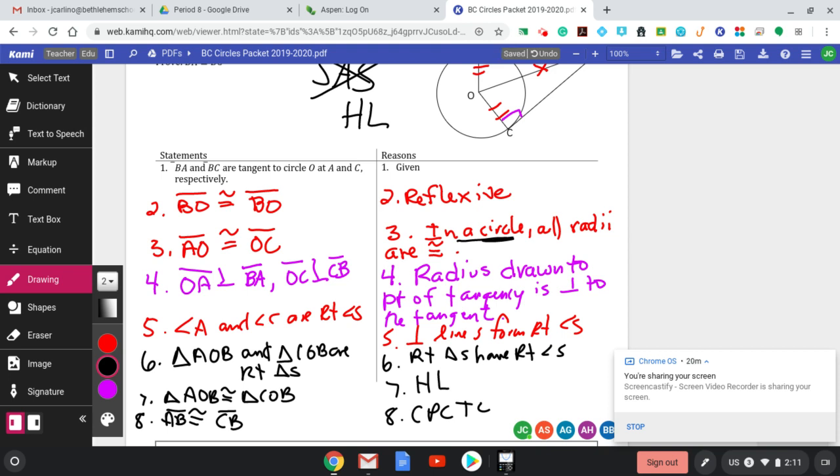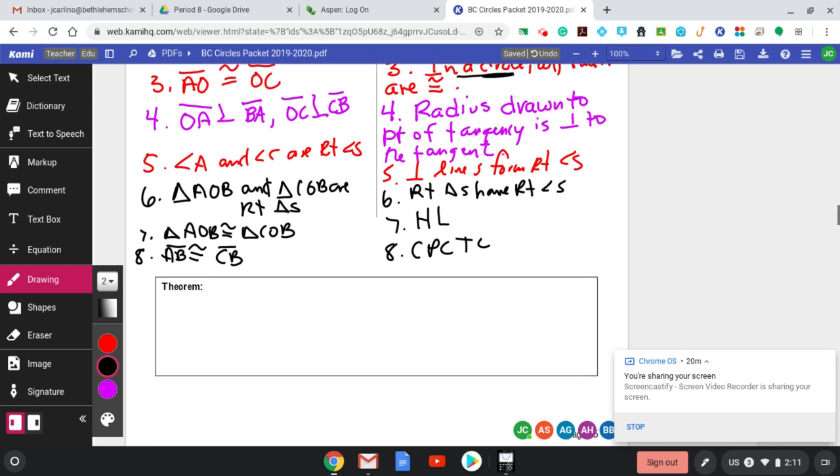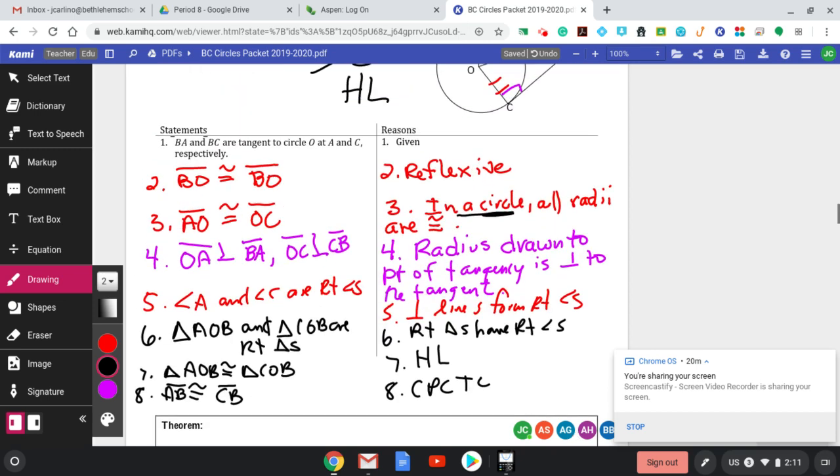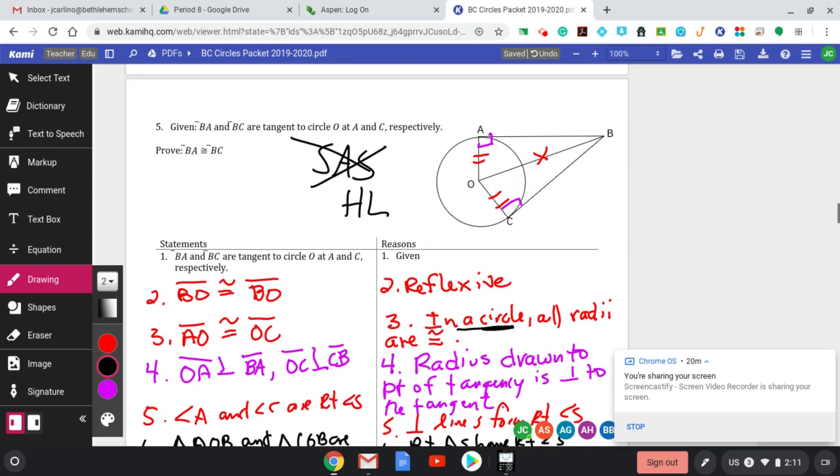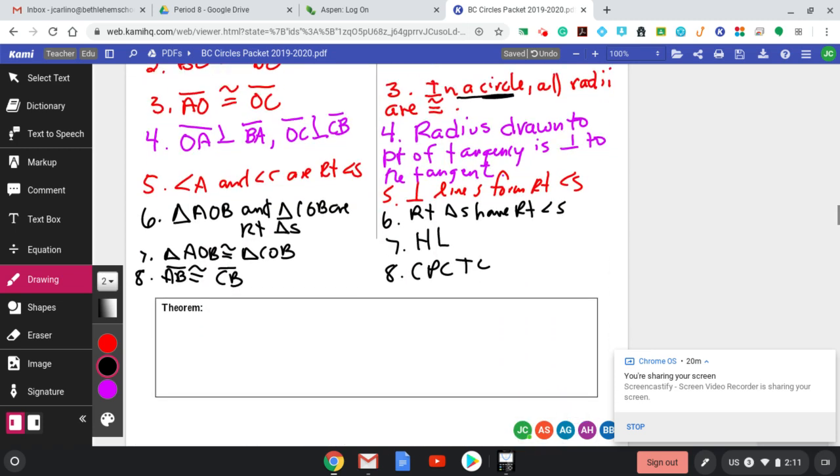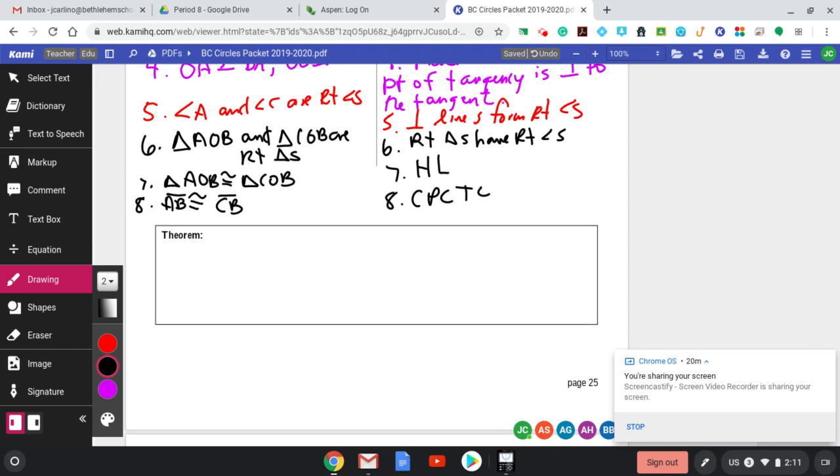Now, what you guys just did by doing that proof, you guys have found a new theorem. We don't have to keep doing this every time. From now on, if I see a diagram like AB and CB, I can now say they're congruent by the following theorem. Tangent segments